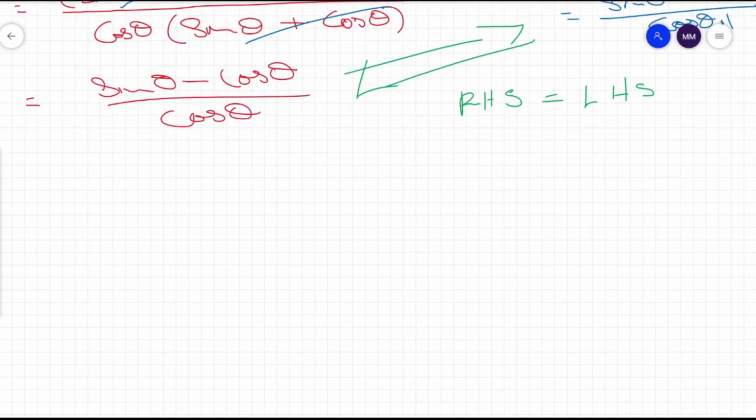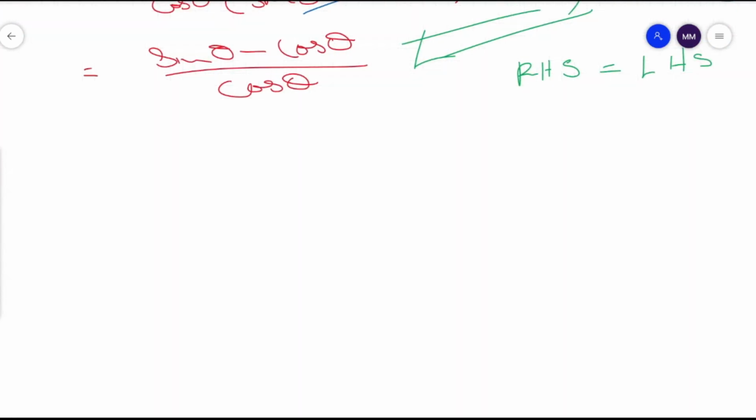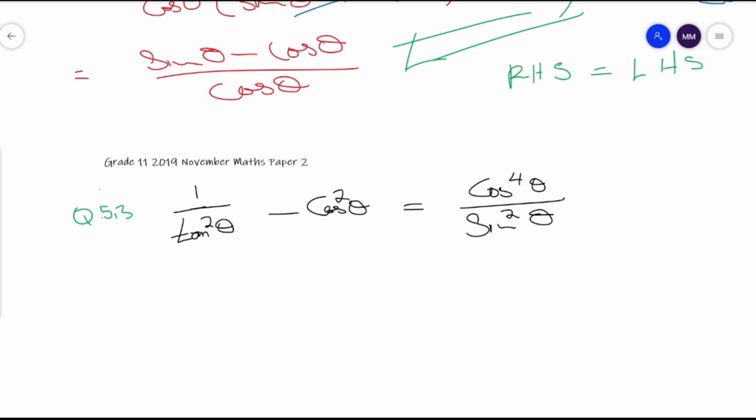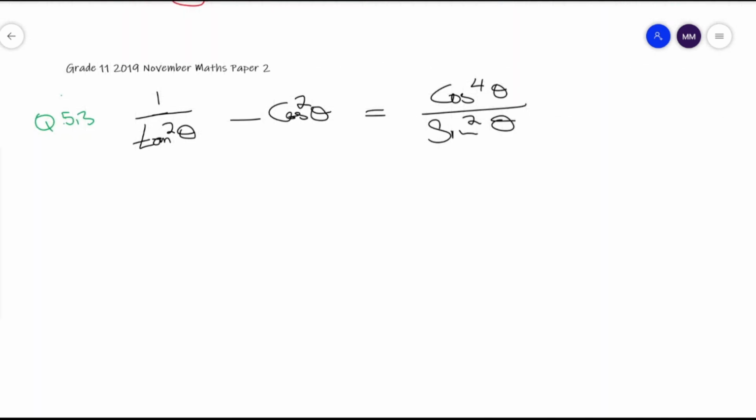So the next example is actually from an exam question paper. Again, when you get an example like this, you always want to look at the side that is more complicated and get rid of all the tan ratios that you have in your equation. And in this case, we can see clearly that the left-hand side is more complicated, and therefore we'll take it